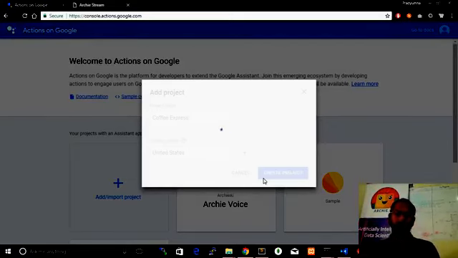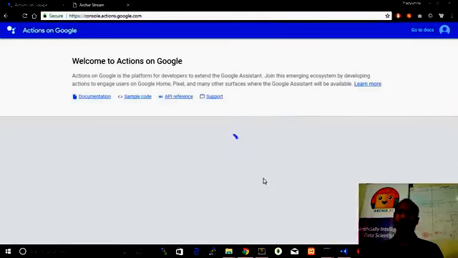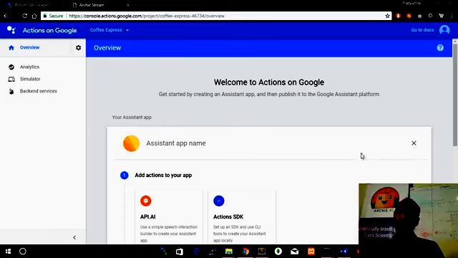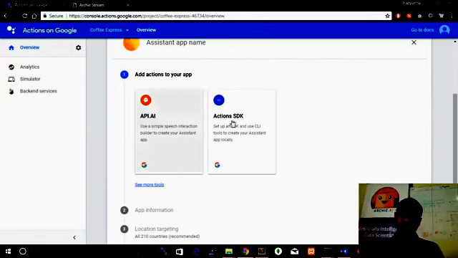The advantage with this voice app is that it is available on devices like Google Home, which have Assistant active on them, and even on your phones like Pixel or wherever Google Assistant is active, you have this app. So here it is. Here you can see the interface which is provided to you.